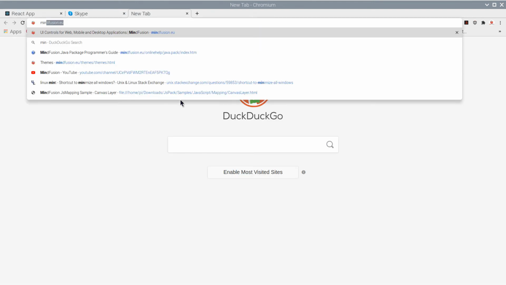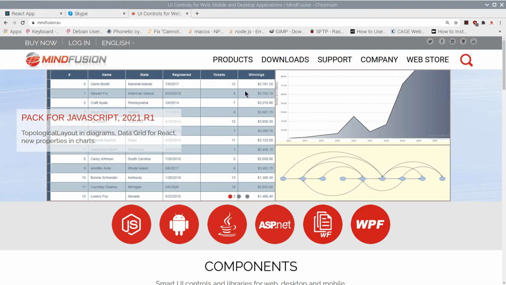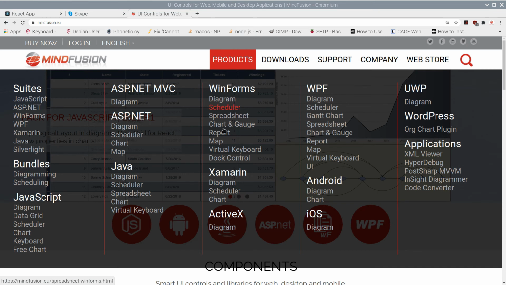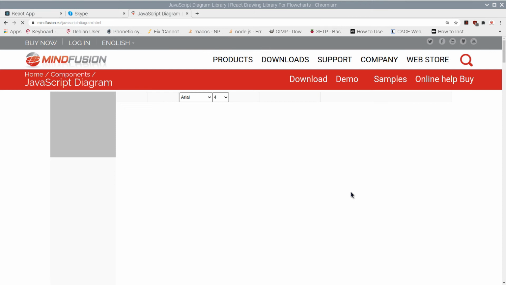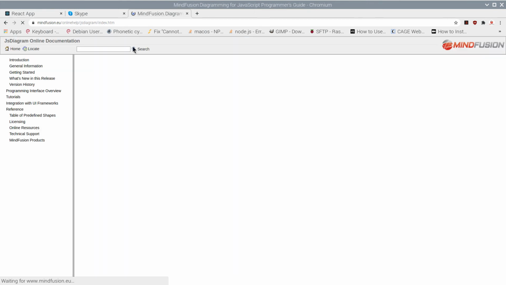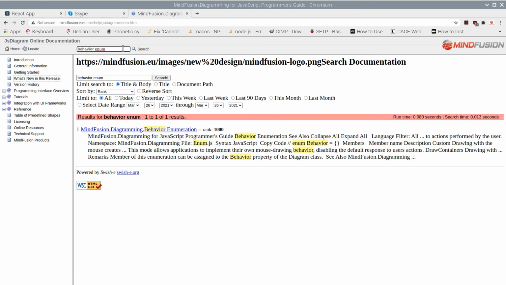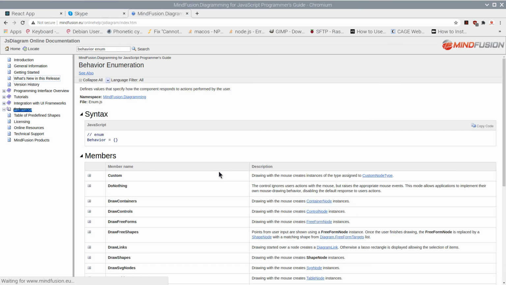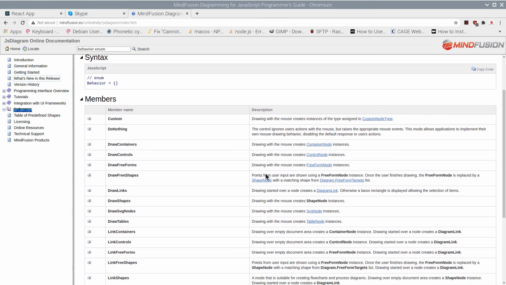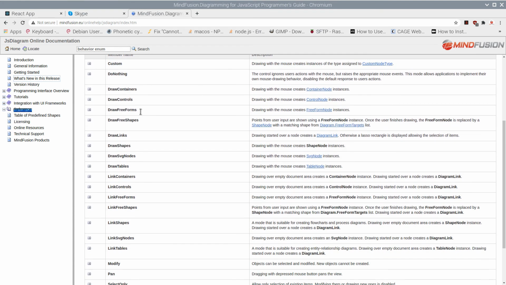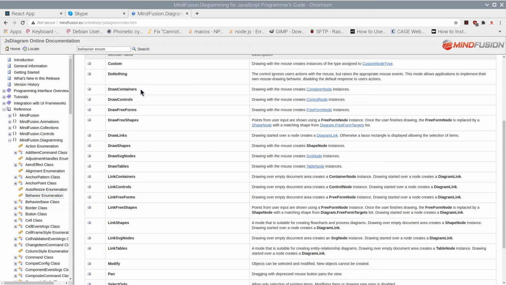Let's check the available options in the online documentation. As you see, the behavior enumeration has quite a lot of members. For the purpose of this demonstration, we have chosen draw containers, draw tables, modify, and pan.